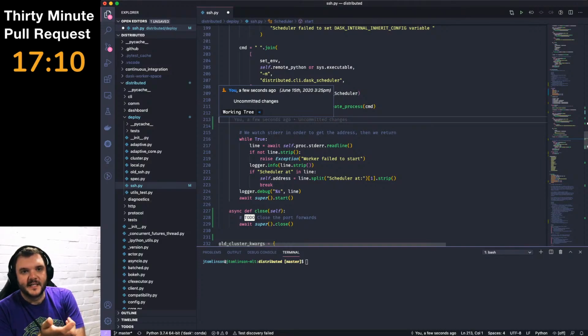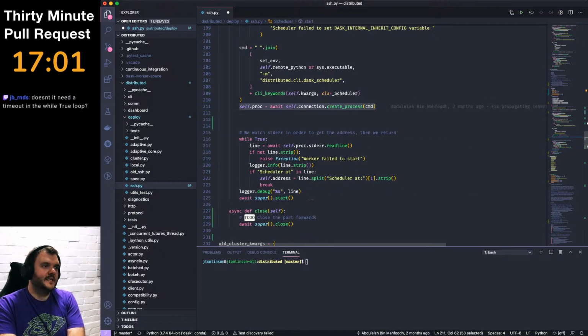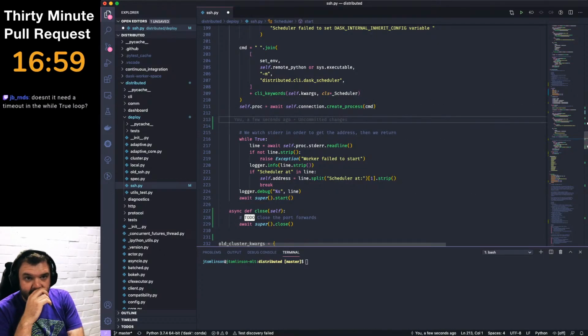What I'm worried about is a race condition, basically, where if we don't have this while loop and we just call super start, if we create the process and then set the address to localhost and then